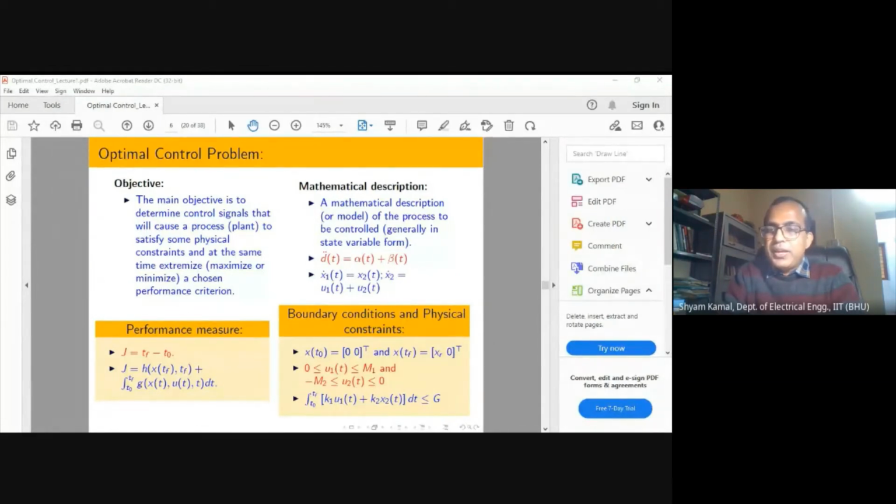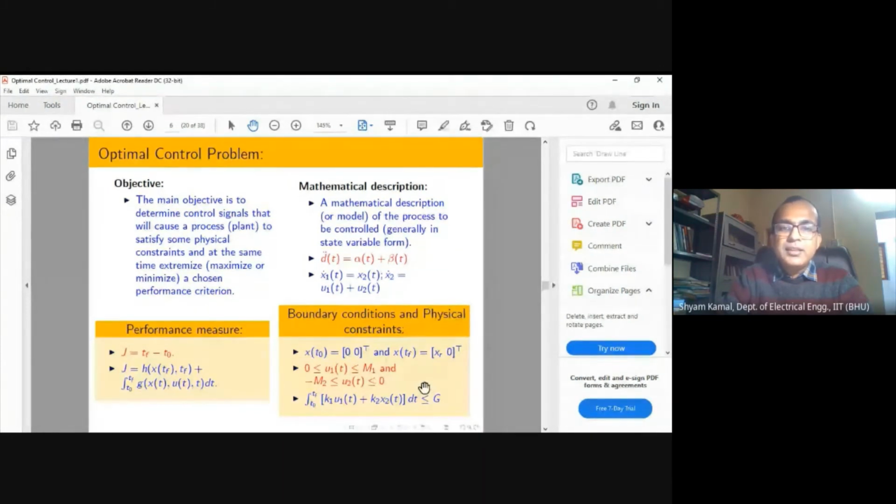Anyone has confusion on function and functional? Then please let me know. Functional means that most of the time I have an n-dimensional space and we are mapping to a one-dimensional space. In the higher dimensional space I have functions, and a function might be multi-valued. Multi-valued means that x(t) might belong to 2 dimensions, 3 dimensions, n dimensions. u(t), based on requirement, might be 1 input, 2 inputs, n inputs. But finally I have to map to some scalar quantity.